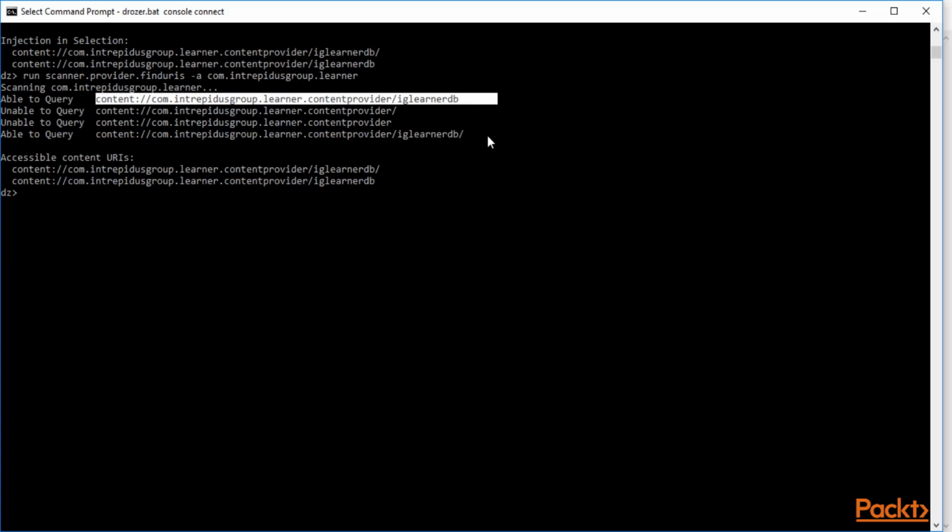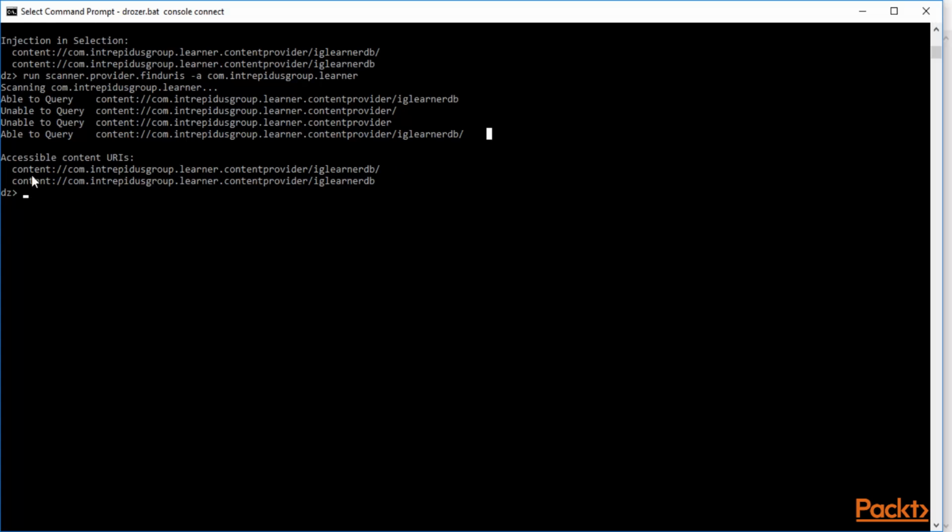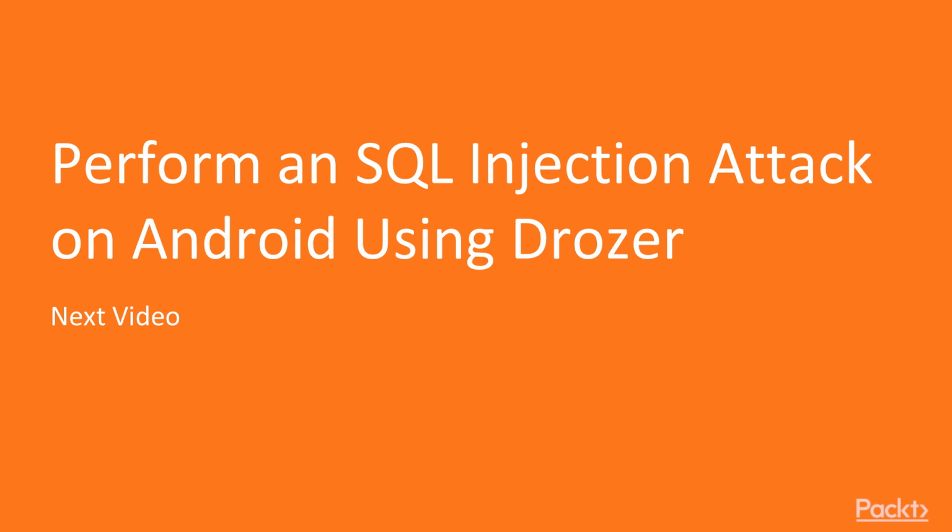It provides info about the areas where you will be able to insert queries and where you are not able to, and accessible content URIs are also listed. This information is really useful when you are performing Android pen testing. So this is all about some basic commands inside Drozer. In the next video we will learn about performing an SQL injection attack on Android using Drozer. Thank you.